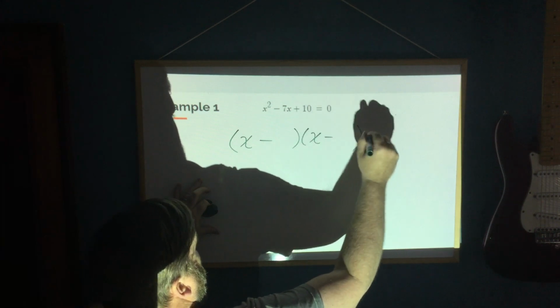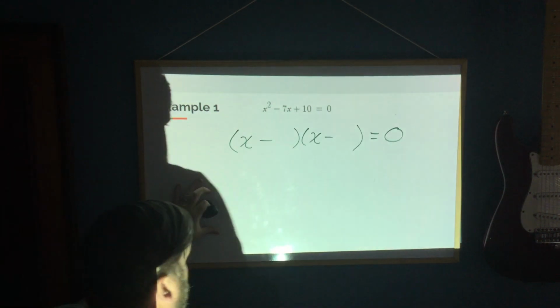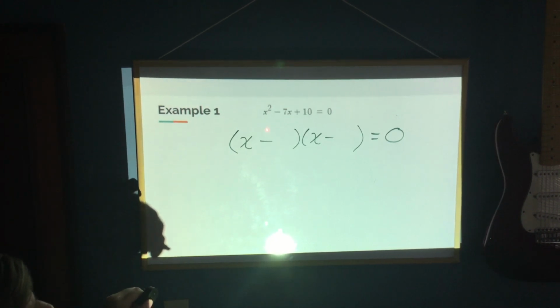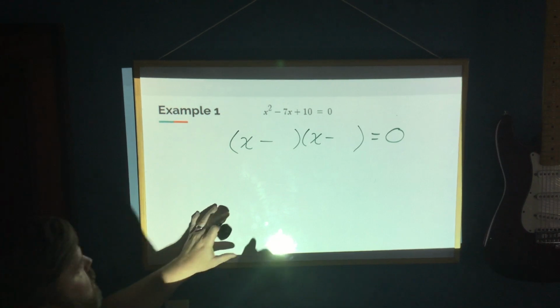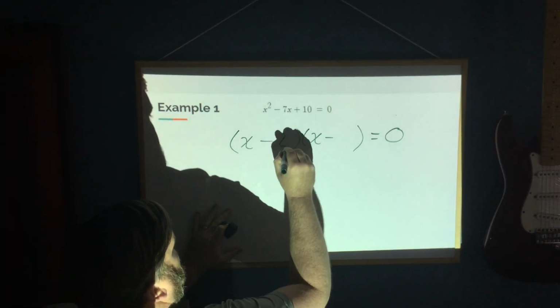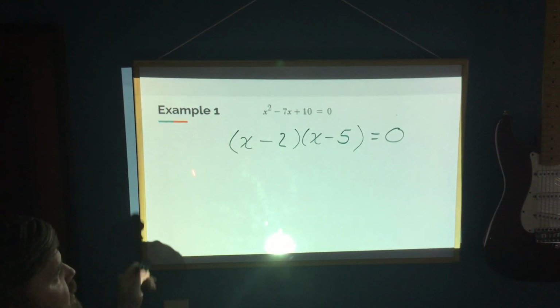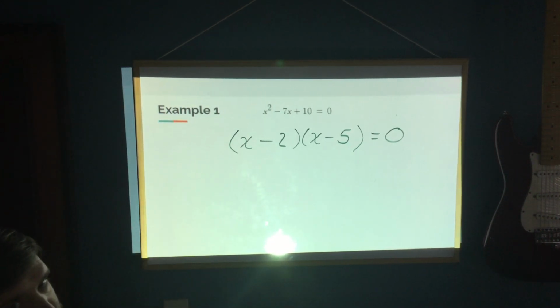Now, since this is an equation, it's equal to 0. So we need two numbers whose sum is 7 and whose product is 10. Well, that's 5 and 2. So we have x minus 2 and x minus 5. Okay, now we factored, but we still haven't solved this equation. Well,